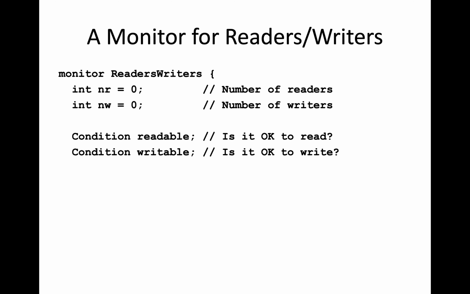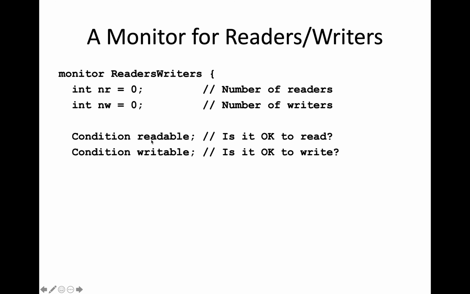What happens if a thread tries to acquire a read lock when there's already a writer accessing the object? Or the other way around, what if a thread tries to acquire a write lock and there's either some readers or a writer that's been granted access? That thread's going to have to wait until it can acquire its lock,